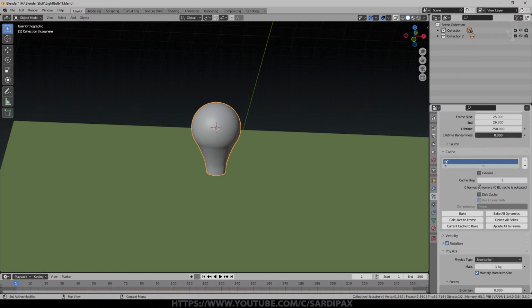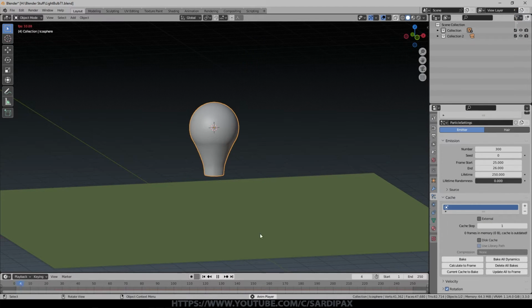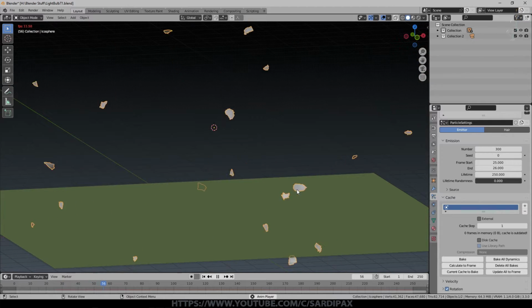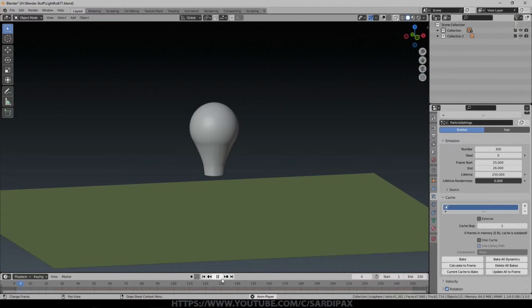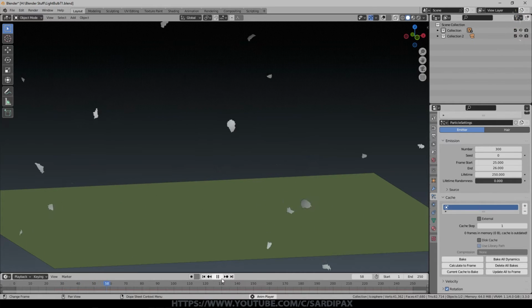And something I advise doing once you're happy with the setup of the explosion, just have another look at that. I think that will do for this demonstration. It can be confusing when you've got overlays switched on. So I've turned those off now, and now we can just see what's going on a bit better.